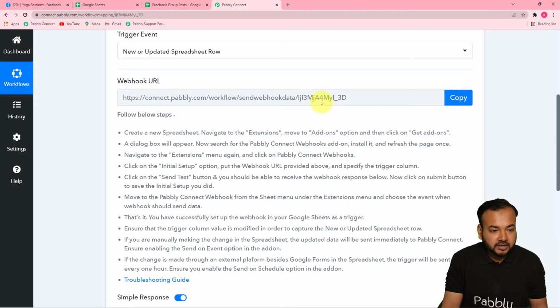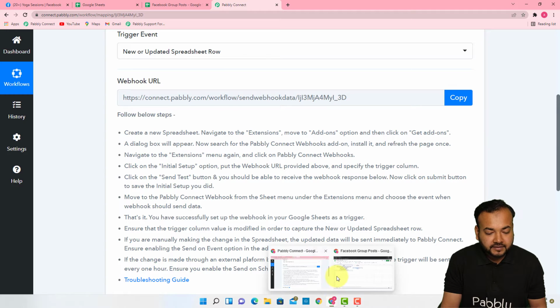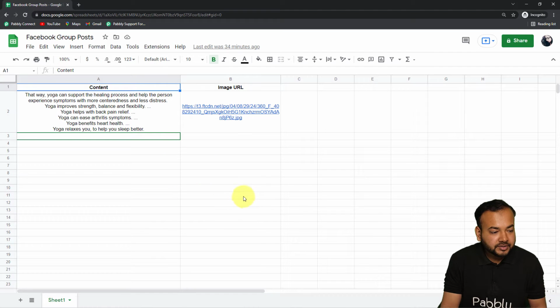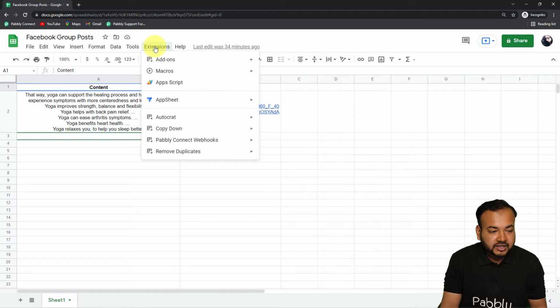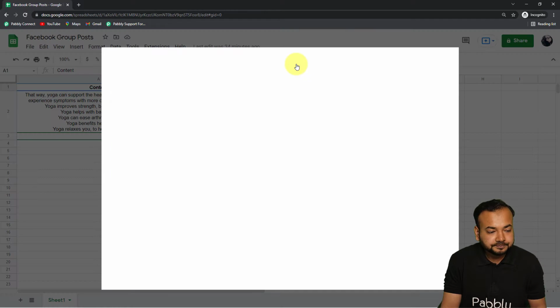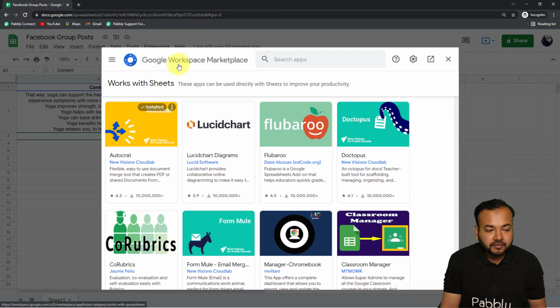So first of all, you have to reach your spreadsheet application. So I have this spreadsheet created for this purpose. Here I'm writing the content, and here I'm adding the image URL that I want to post on Facebook group. Okay, so here you have to click on this extensions and you have to go to add-ons, then click on get add-ons option. Okay, and from this window, which is Google Workspace Marketplace, you have to search for an add-on